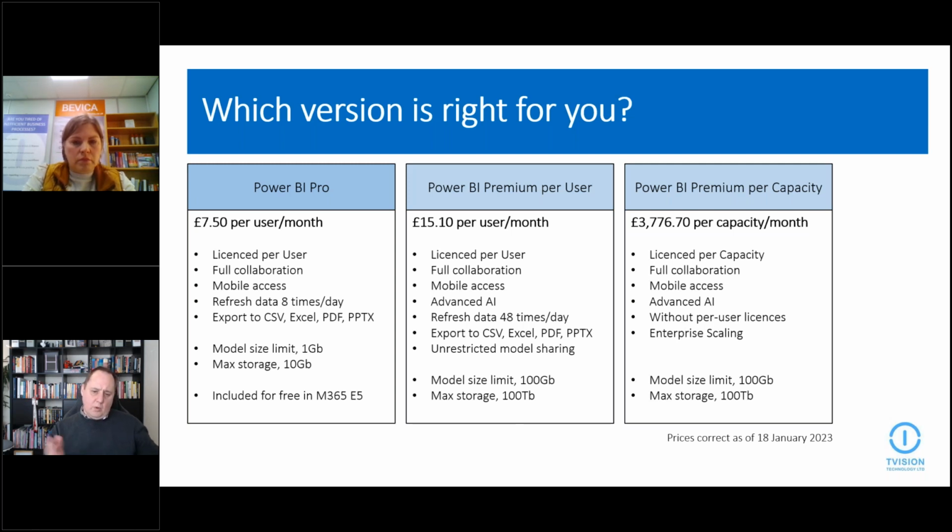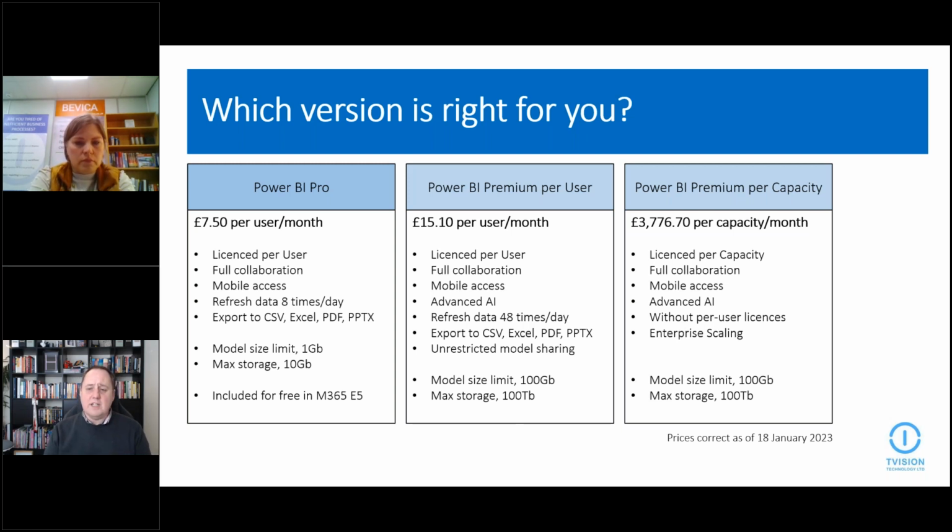So what we looked at today was the Pro license, Power BI Pro, $750 right now per month. Full collaboration, mobile access, it refreshes the data 8 times a day as standard, but we talked at the very start about perhaps using direct query to be literally split second bang up to date. That's absolutely possible.